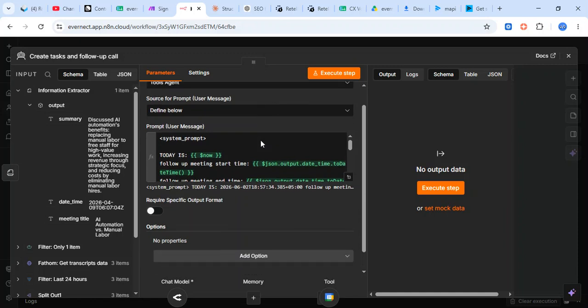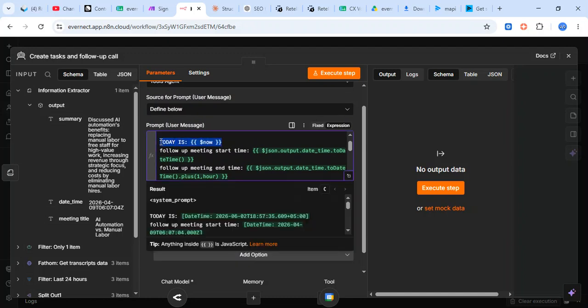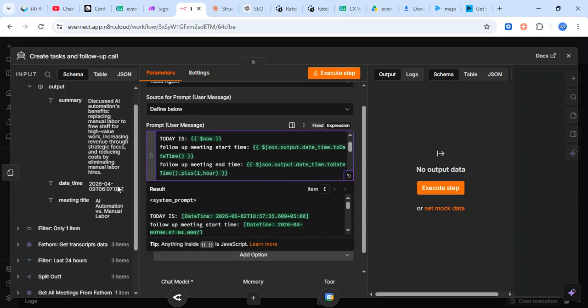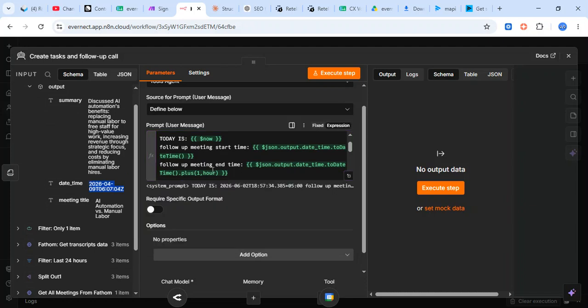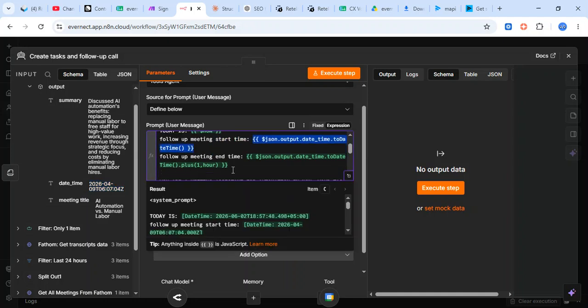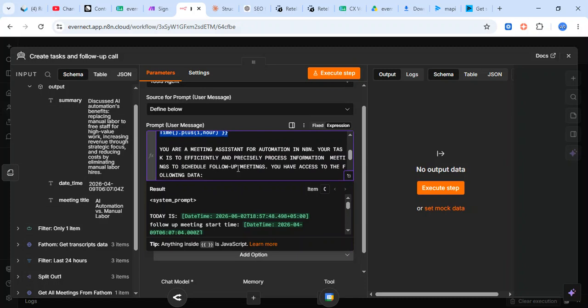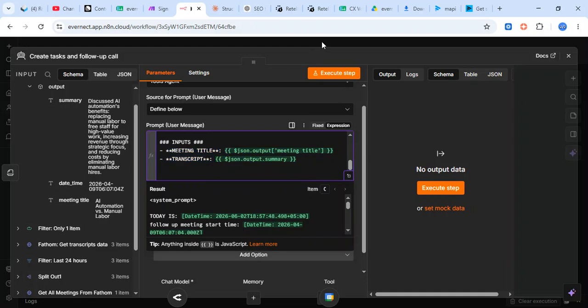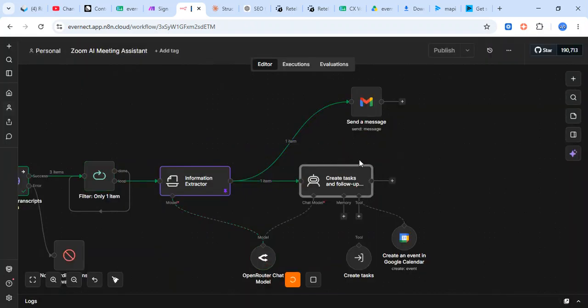you can see we have a prompt in which we are giving a date and the follow-up meeting start time. From the previous node, we are getting this date, which is already the next follow-up date. So we are saying that this will be the start date and time, and we are adding 1 hour so that this will be the end time, so it can be used in the Google tool. And we are providing information that you're a meeting assistant. You need to process information and schedule a follow-up meeting. And in the input, we are giving a meeting title and transcripts. So once you execute,